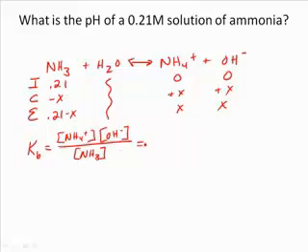And for ammonia, the Kb is 1.8 times 10 to the minus 5. Okay, and so that's going to be x squared over, we're going to use our approximation, 0.21. That gives me an x of